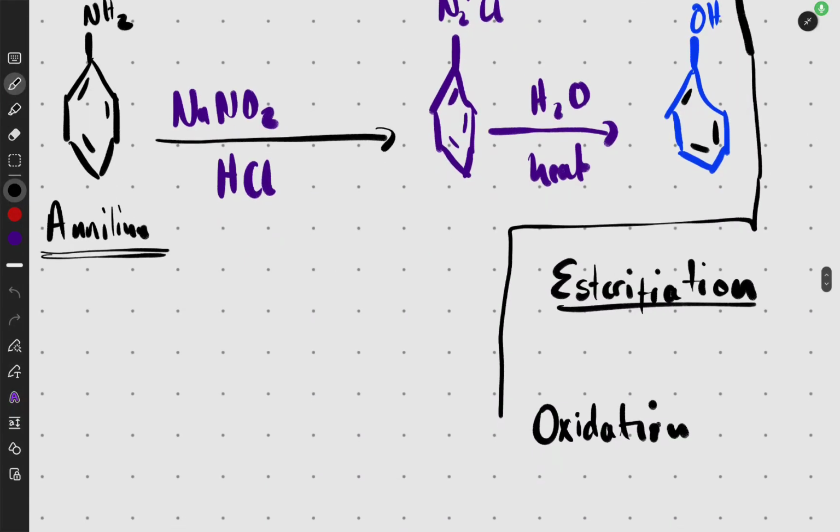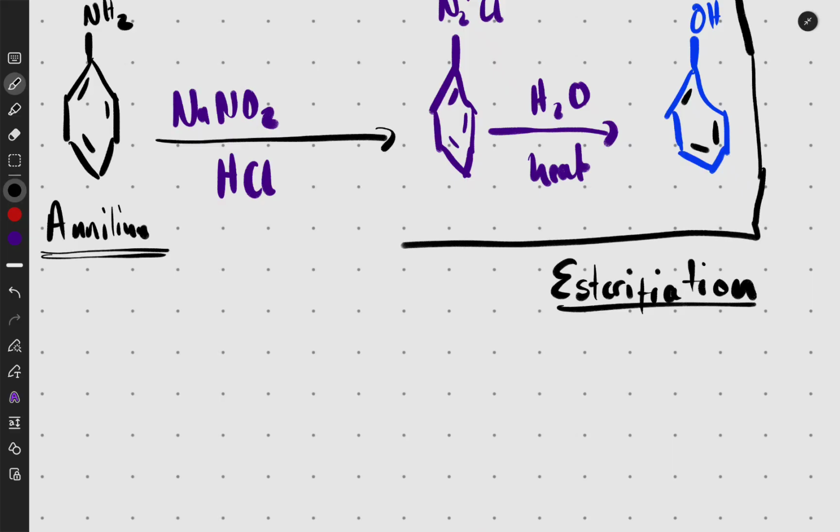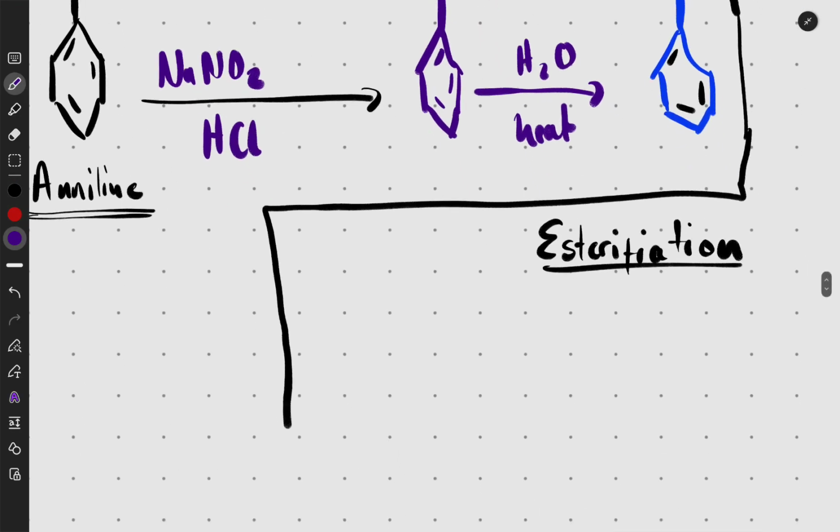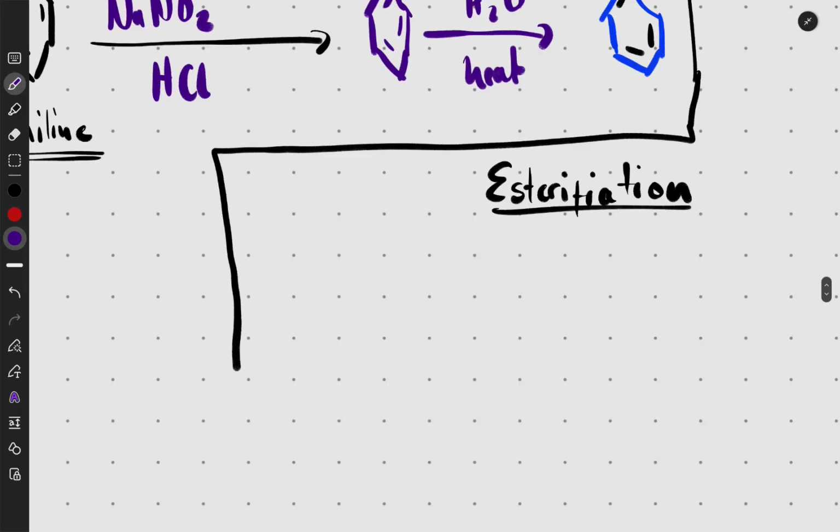Esterification and oxidation are not dangerous reactions. Let me put it down for you, since you may want to see something about it. For esterification, we just know that you'll be having your alcohol. We don't care what it looks like, something like this, and then we have an OH. Then we react it with something like,